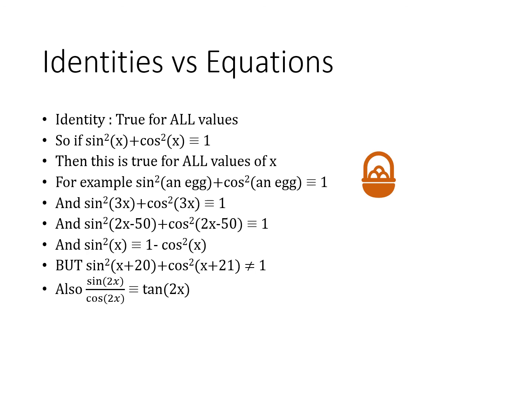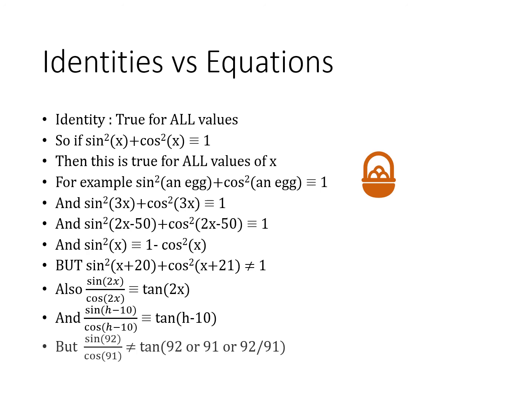Looking at the other identity, the sine over cos equals tan. So sine of 2x over cos 2x is identically the same as tan 2x. And again, if we put anything we like inside the brackets, h minus 10 in this example, sine of h minus 10 over cos h minus 10 would be the same as tan h minus 10. But the sine of 92 over the cos of 91, now these two things are different. So that will not be the same as the tan of 92 or 91 or 92 over 91. Okay,